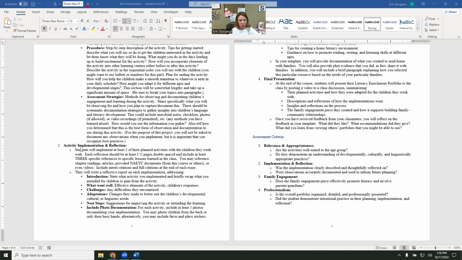So here it says, students will implement at least 2 of their planned activities with the children they work with. And then you're going to reflect on it. Sorry, that's why it says and reflection. Each reflection should be at least 1.5 pages double spaced and include at least 3 specific references to specific lessons